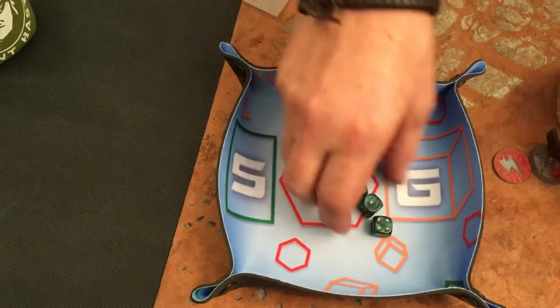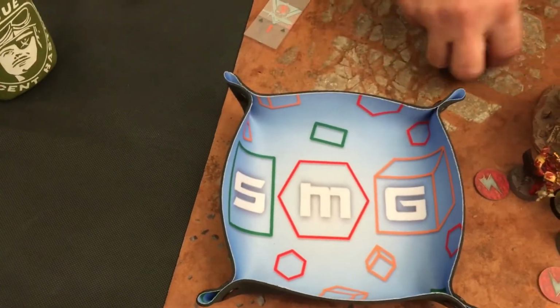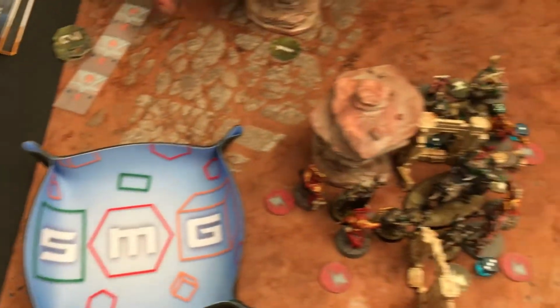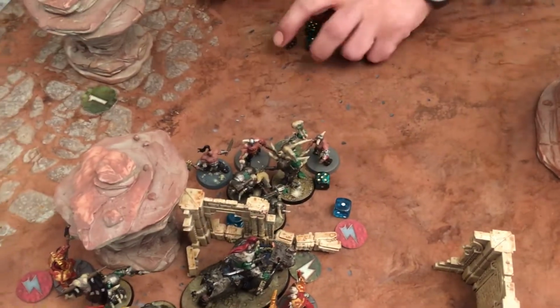Nothing. Oh, just the 1. Just the 1. And then 3s? Ooh, just. No rend? No. 4s for me. Ooh, he does take him out, because I believe I'm on 1 wound. Ouch. I do go down, but I believe...